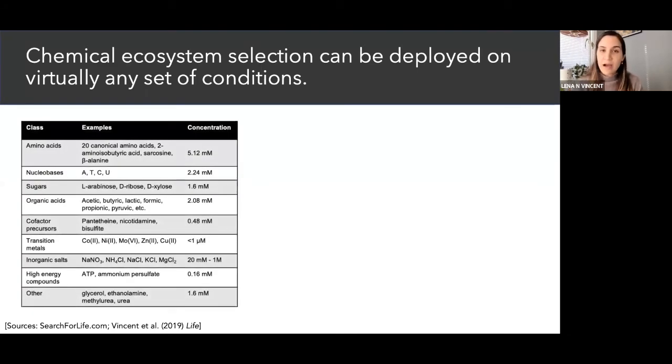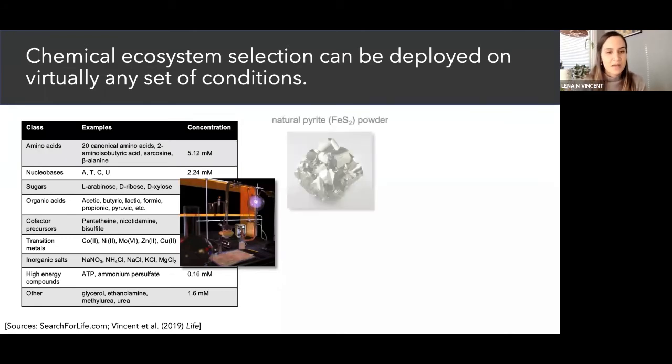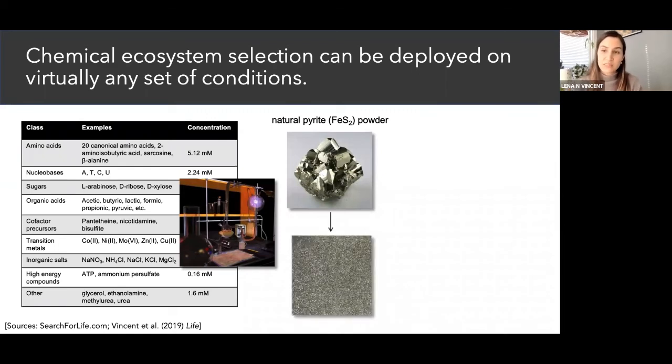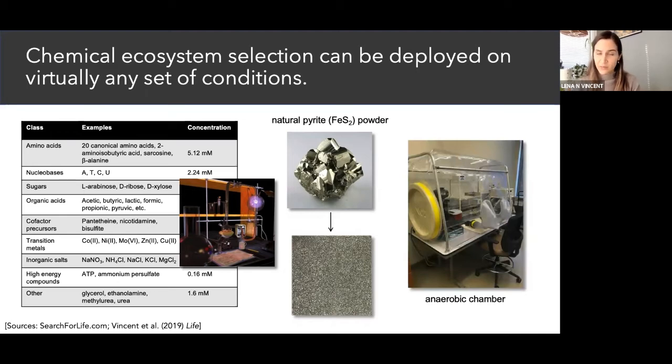So we used a prebiotic soup that we modeled after spark discharge type experiments, the recipe for which you can find in this table. So you might notice that we also added additional compounds like ATP as a potential source of energy, but I just want to acknowledge that ATP is not a realistic prebiotic phosphate source, but we used it anyway. And on the mineral side, we used pyrite, which we ground up into powder and processed and cleaned ourselves. And we carried out all these reactions under anaerobic conditions.